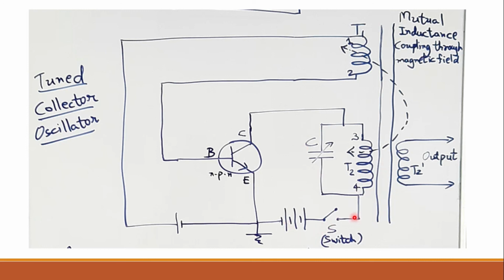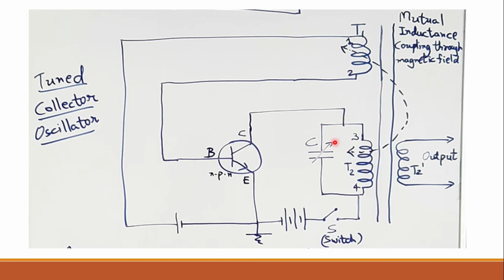Now say what will happen. So initially this switch S is in off state, then S is switched on, and so the output current will increase due to mutual inductance between T2 and T1, right? Current in T1 will also increase or change. This change is fed back to the input circuit, right, or input side. Okay, so now what will happen? The IB, base current, will increase, right? So now the emitter current, which is equal to IB plus IC, will also increase, right? Increase in this IB will increase again IC. How? From equation IC is equal to beta IB, right?